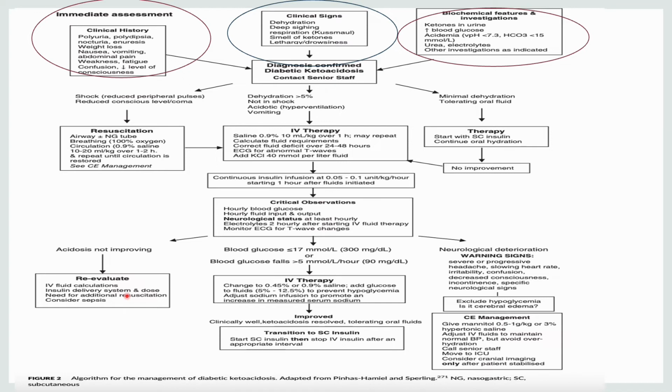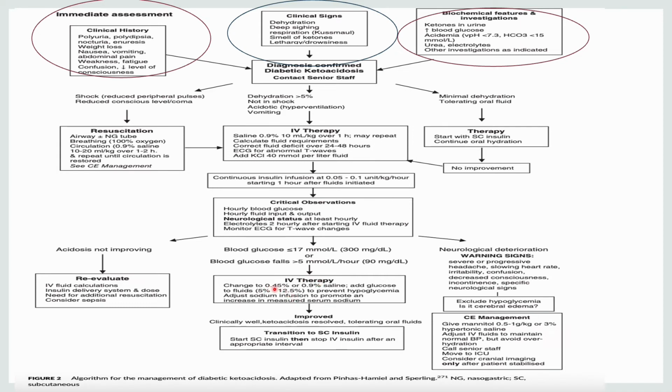So we have to prime the insulin line if you are not getting the fall of blood glucose or improvement of pH as you expected. And in the second scenario, the blood glucose level is improving and it is below 300 milligram per deciliter, and the pH is also improving. Okay, so then you have to add dextrose.